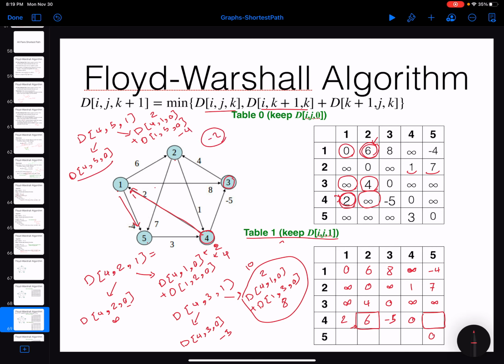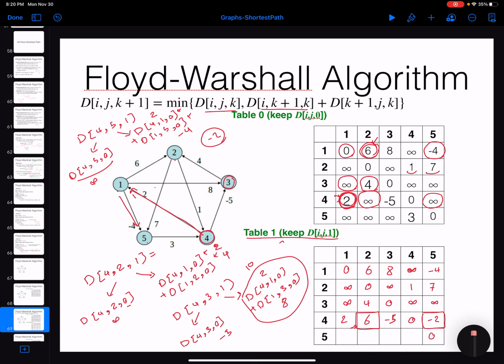How about this one? There is no edge directly going from 4 to 5, so this is going to be infinite. Basically, you can see that this is infinite, and I'm actually getting these two exactly from the table. 4 to 1 and 1 to 5. So this one is going to be -2. Nice. And then you actually just calculate for